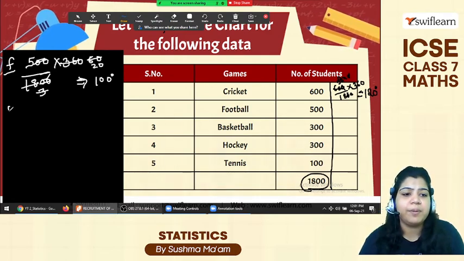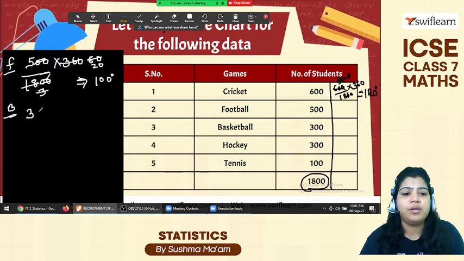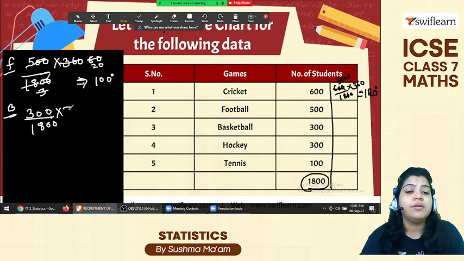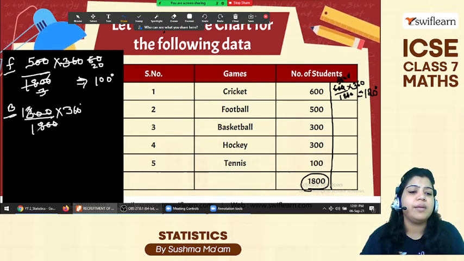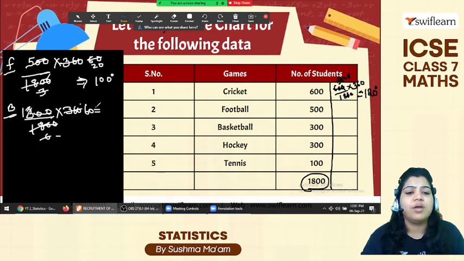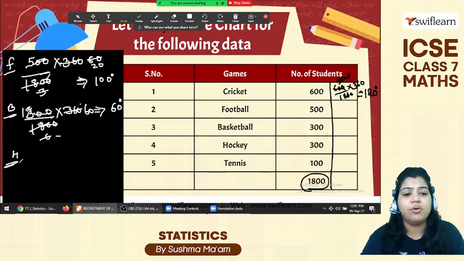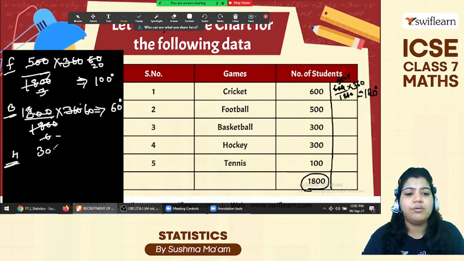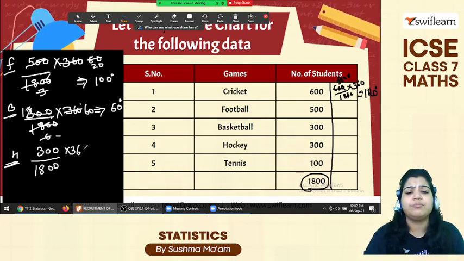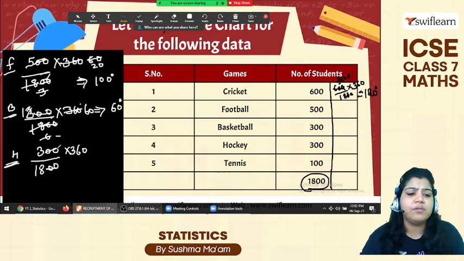Then for basketball, 300 divided by 1800 multiply 360 degrees. Two zeros cancel, 3 times 6, and then this one 60. So the answer is 60 degrees. And then for hockey, 300 divided by 1800, it's the same, so this becomes 60